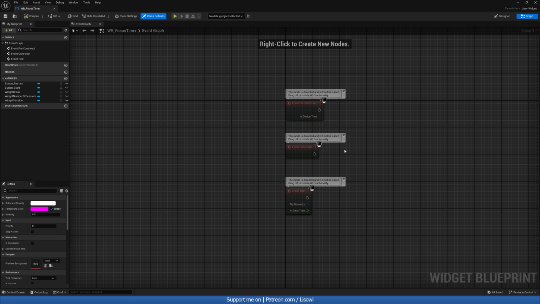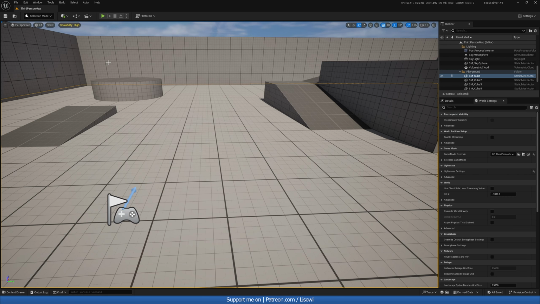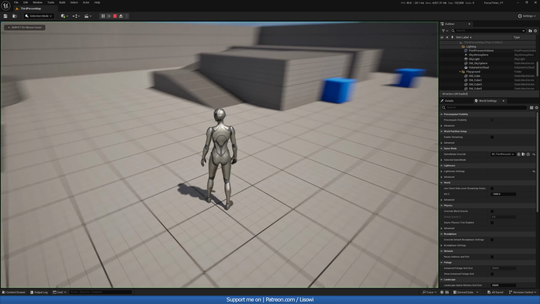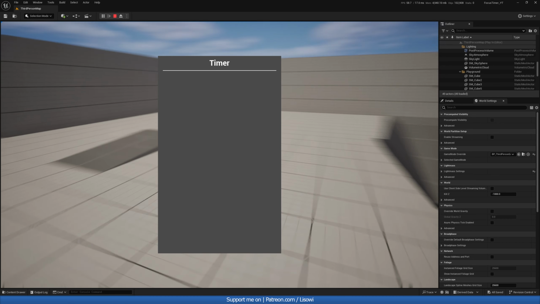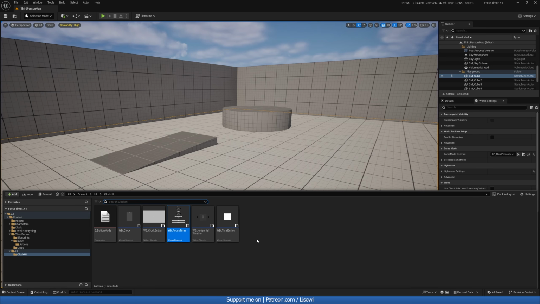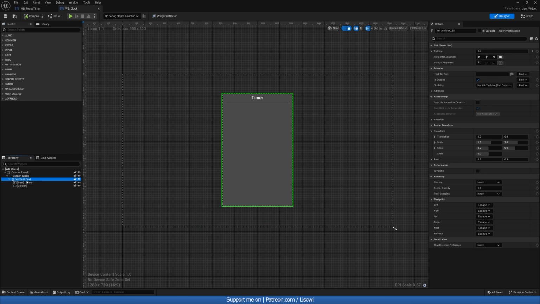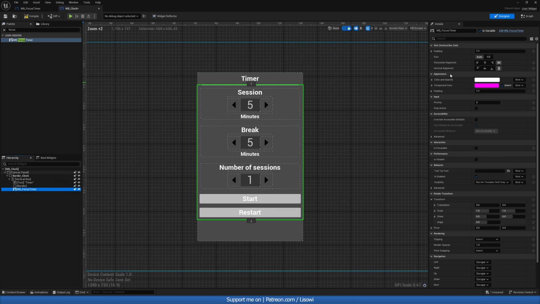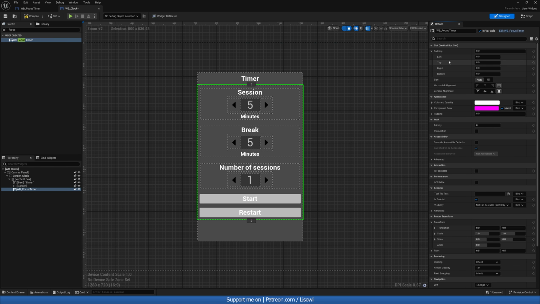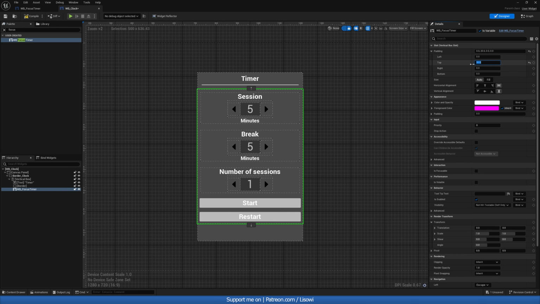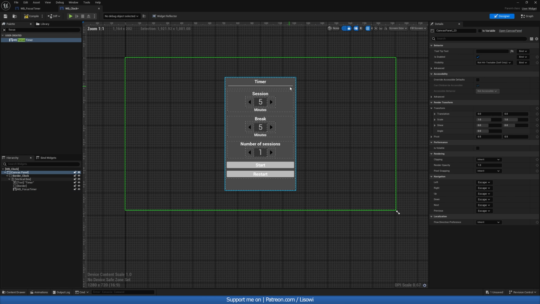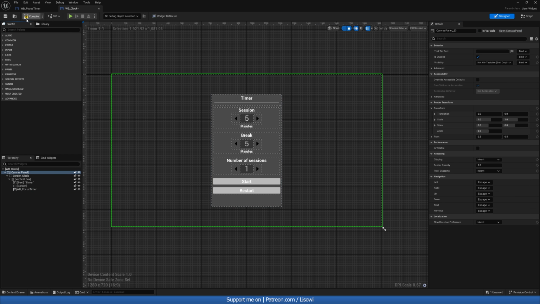So just before we do any logic in here, I just want to show you how this looks so far. So if we hit play, we have this. It's still empty. So we need to go ahead and add this to our clock. So let's open this up, grab the vertical box so we know where we're at, and just search for a focus timer, drag it in here, and there we go. From the top, I just want to do maybe a padding of 20, like so. And that's looking nice. So let's compile and save,